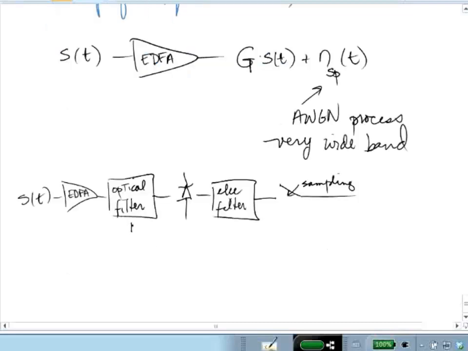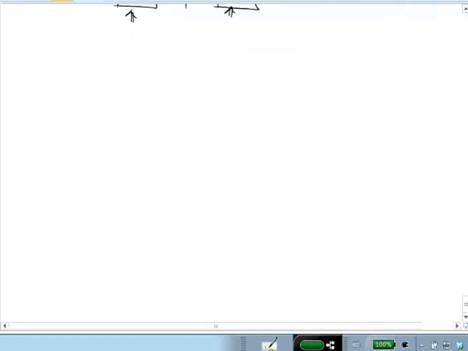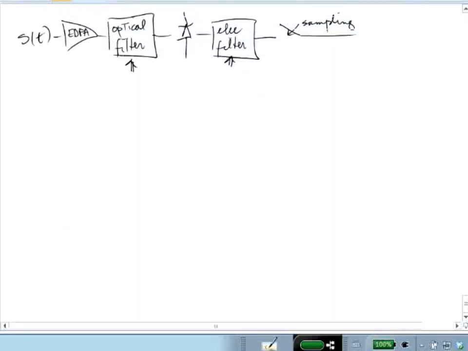So the optical filter has wide enough bandwidth to pass the signal without distorting it, but narrow enough to limit the noise as much as possible. And the same thing is true of the electrical filter, but let's go into the mathematical description of what we see going on here. So what happens when I have a signal plus a noise process that goes into the photodetector? So now the photodiode produces photocurrent proportional to the square of the sum of the filtered signal and the ASE